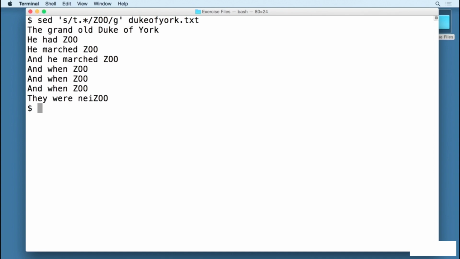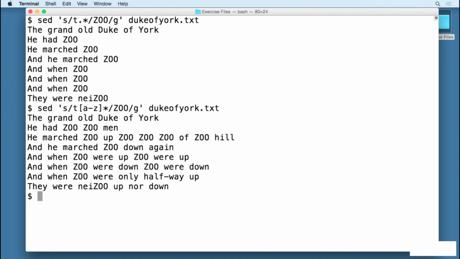Contrast this with t[a-z]* replaced by zoo globally. This looks for a lowercase t followed by 0 or more lowercase letters and replaces it with the uppercase word zoo. So instead of looking for t followed by any characters, it looks for t followed by any number of lowercase letters. In this case, it replaces them, to, the, top, the, any single word that begins with t. But because the pattern looks for a t followed by any number of letters, it stops when it hits the space at the end and starts over again with the next one on the line because we use the g